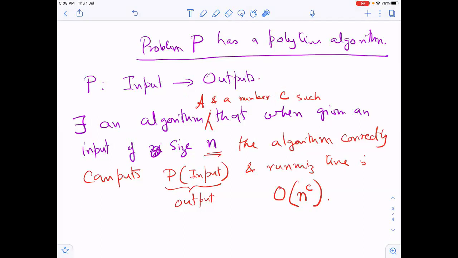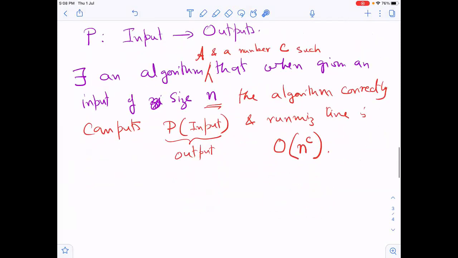Therefore there exists a particular, finite C for a problem: if a problem is in P, polytime, then there exists a particular C. Note that what you are saying is that this quantity is not exponential. So this is not like e to the power n,